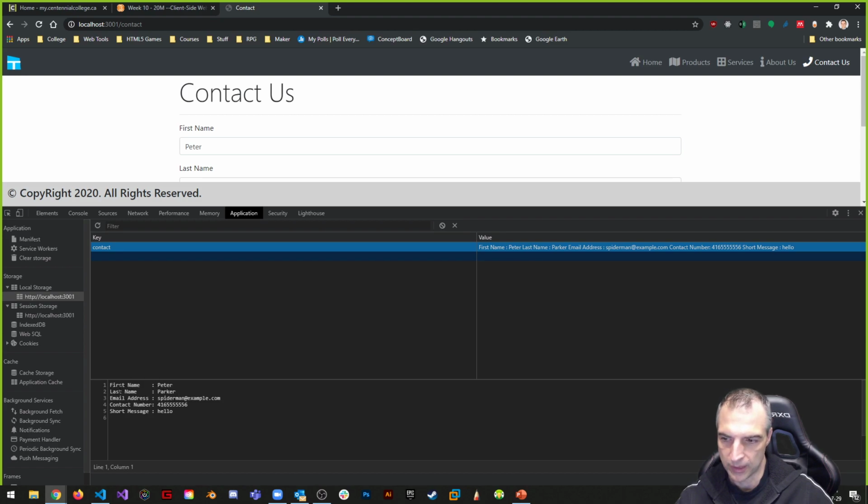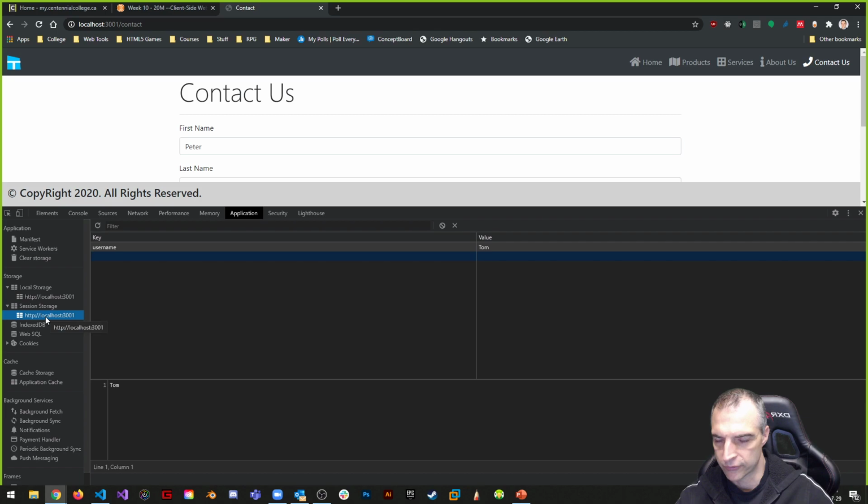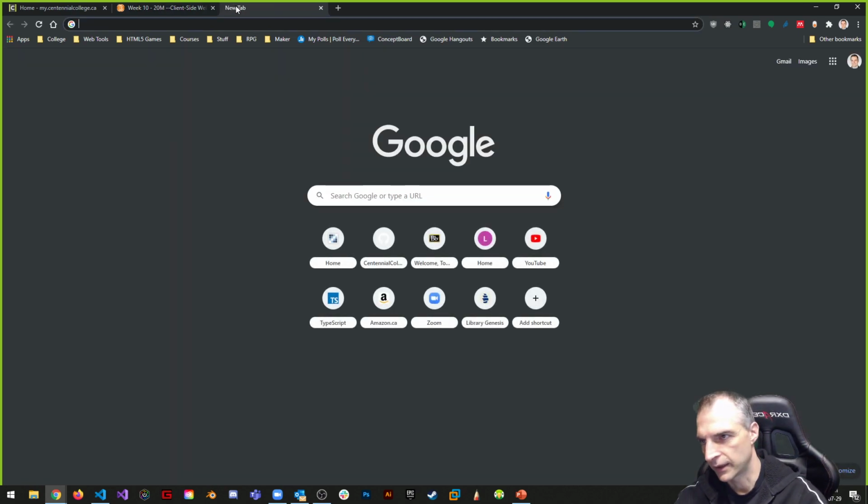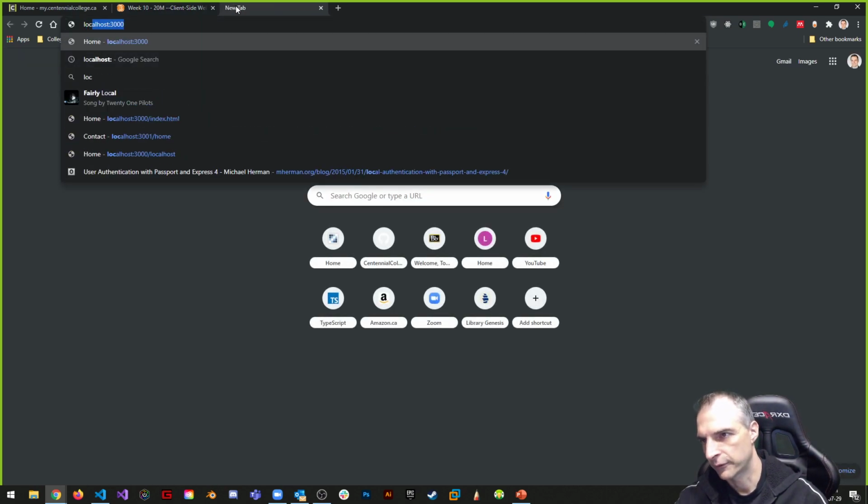First name Peter, last name Parker, and we can store all this information here in local storage, right, as an example. Again, here's session storage, here's local storage. If I kill my tab, right, as an example, kill my tab, and if I just go back and load it again, so localhost 3001,